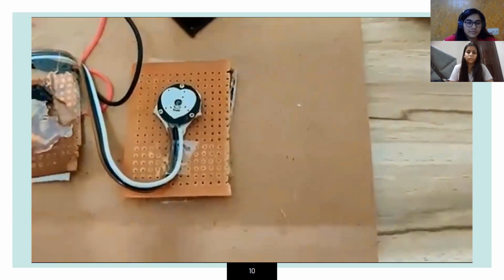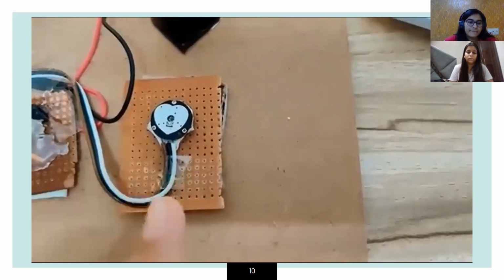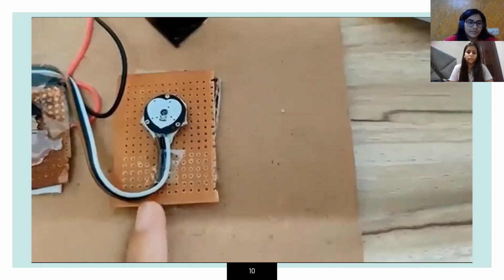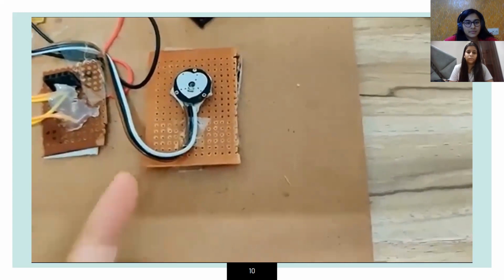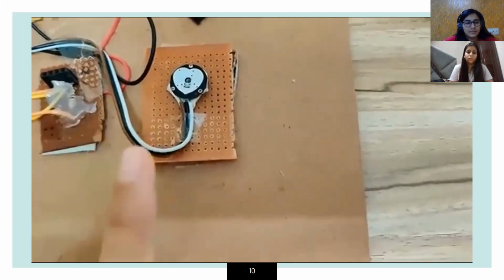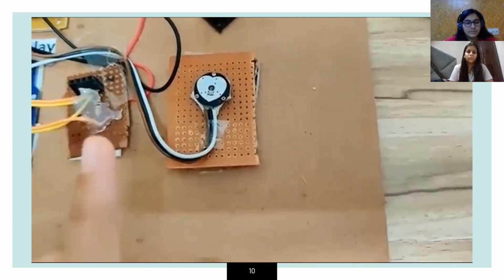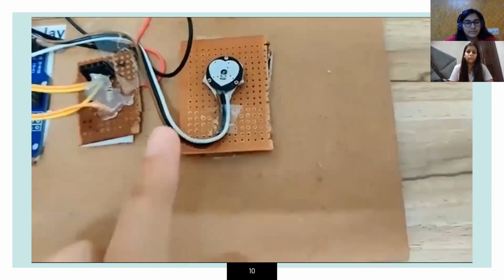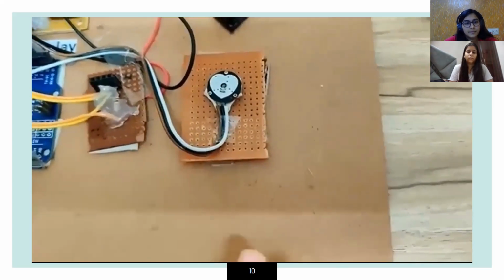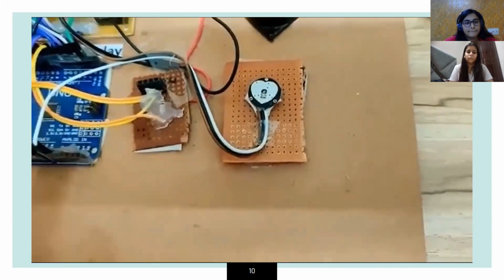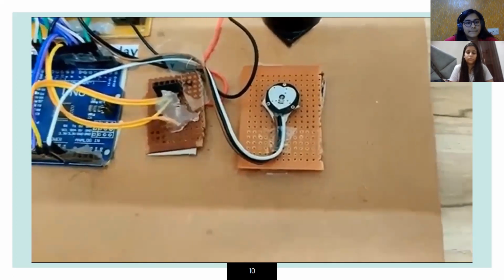Here we have the pulse sensor, which has a transmitter and receiver LED. So the light absorbing property is used in the measurement of the heart rate in the pulse sensor. Light from the green LED on the underside of the monitor is shone on the blood vessel just under the skin. The light there is not absorbed but reflected, and it is captured by a photodetector. So it mainly has three terminals: signal pin, VCC, and the ground. The signal pin is connected to the A0 of the Arduino, VCC is connected to the plus 5 volts, and the ground is connected to the ground.